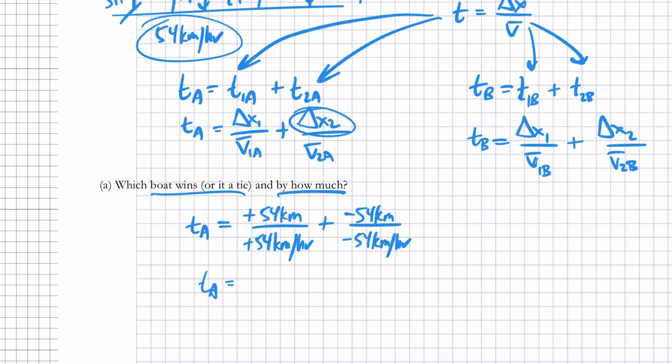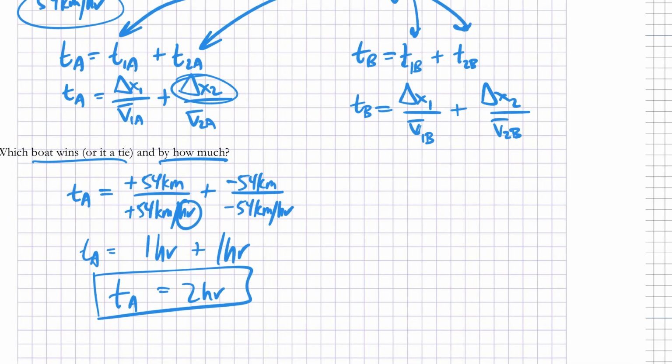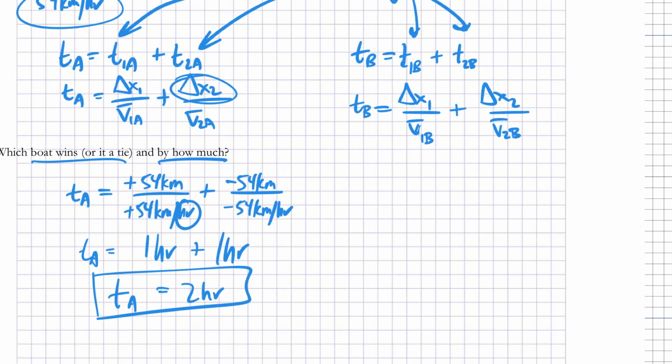So TA equals, this is 1, 54 divided by 54, and our units are hours. Plus, same thing on the way back, except the negative sides cancel. So TA is 2 hours. Sweet. Okay, so TB